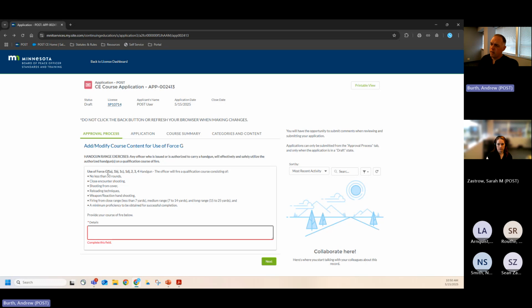So as you see here, it has 1A, 1B, 1C, 1D, and then 2, 3, and 4 all listed for handgun. The officer will fire a qualification course consisting of no less than 50 rounds, close encounter shooting, shooting from cover, reloading techniques, weapon hand shooting, firing from close range, medium range, and long range, and including a minimum proficiency score to be obtained for successful completion. Now,